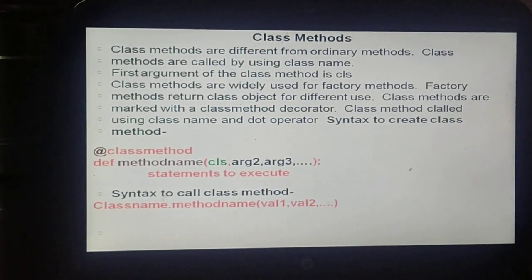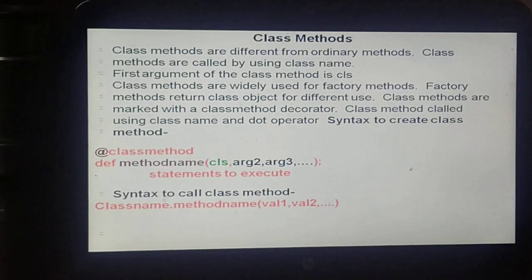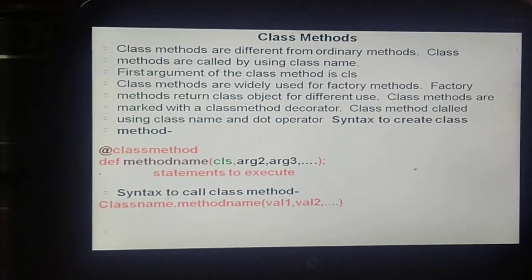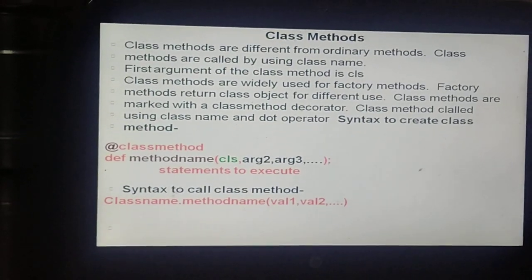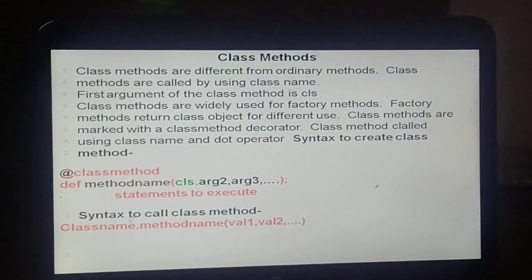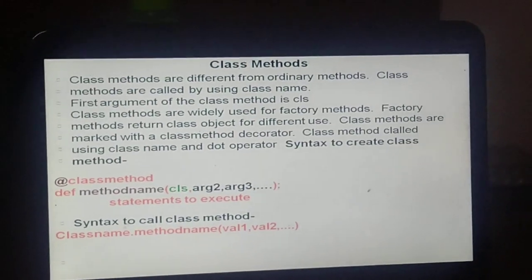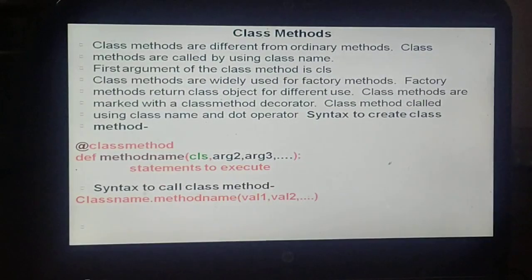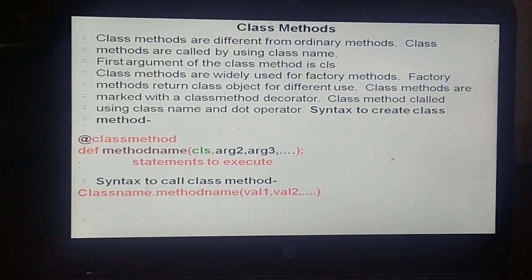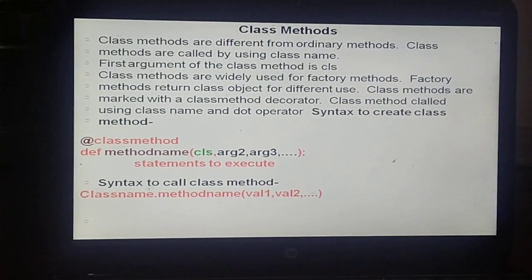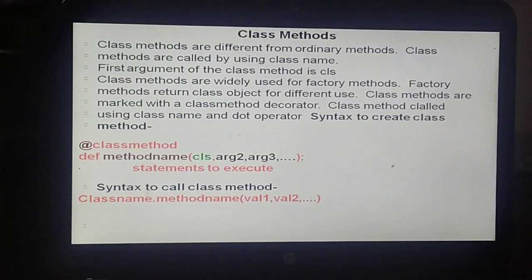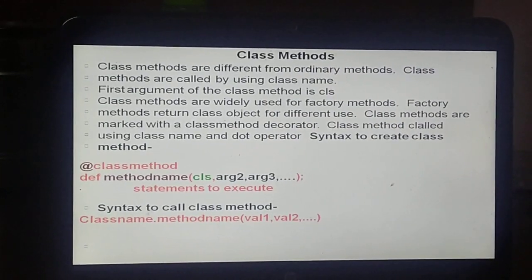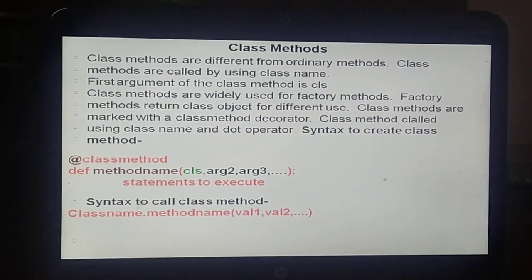Till now we have seen that all the methods defined inside the class are bound to the object of that class. But whenever we define a method which is bound to the class, we declare it by using the @classmethod decorator. Before defining the function we write the @classmethod decorator, which indicates that the method below is automatically a class method.